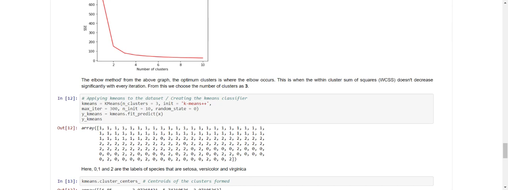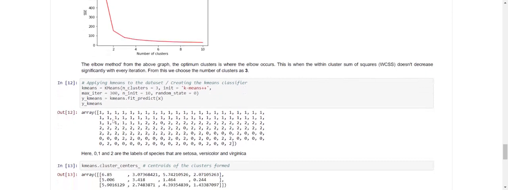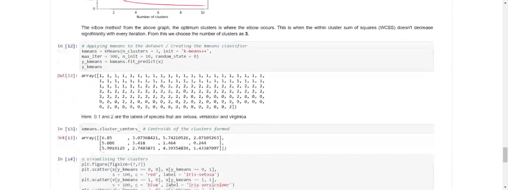Then I have given kmeans.fit_predict, which makes the classifier, and we can see that an array is coming and the values of the species are stored here. Here 0 represents iris setosa, 1 represents versicolor, and 2 represents virginica. So we are getting all of them in the array.